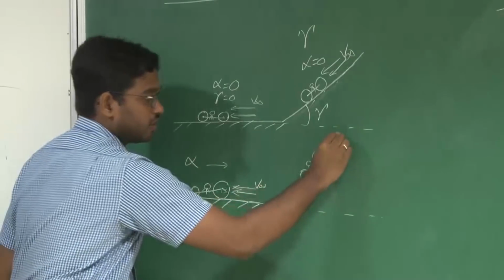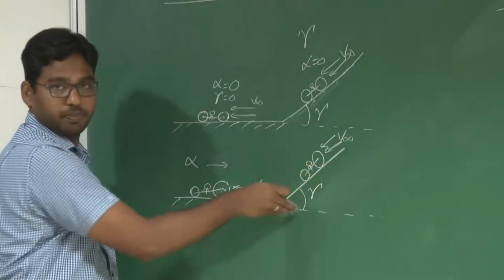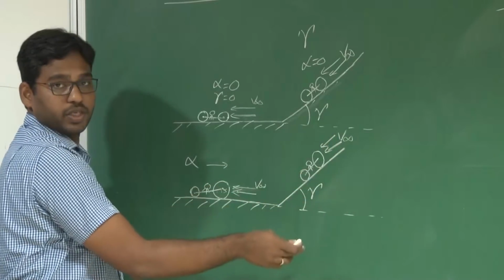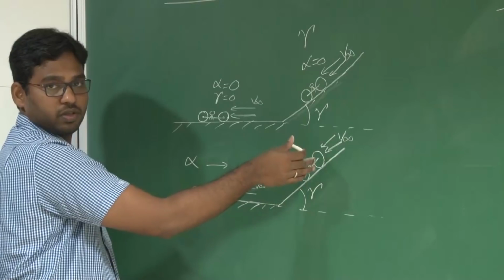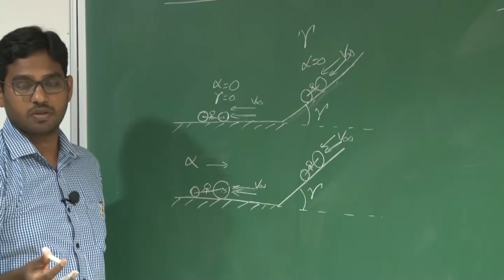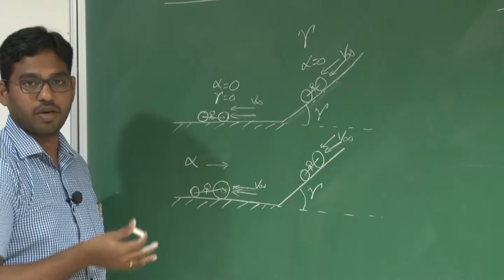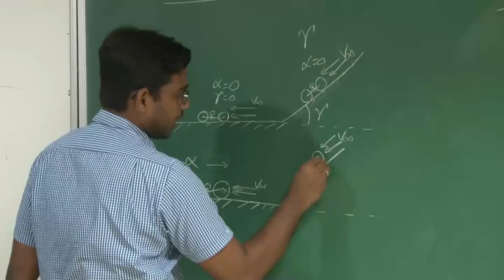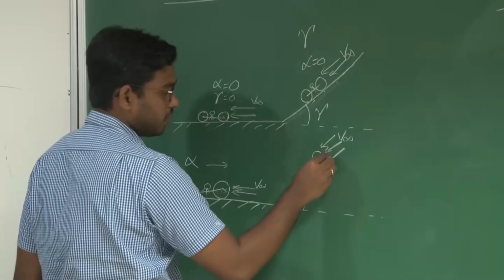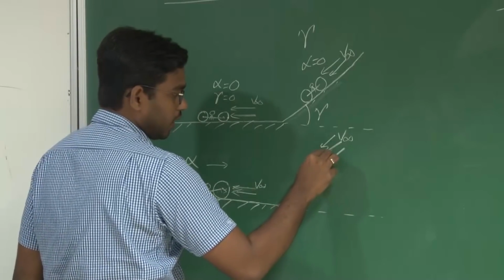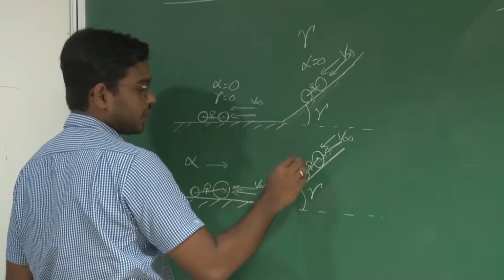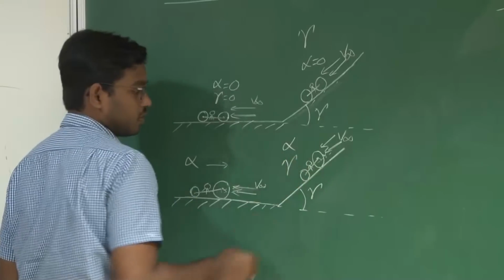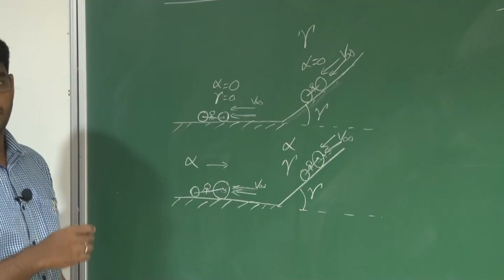That means my free stream V infinity gives the direction of my path. If I know the angle measured with respect to this free stream, that angle is equal to the angle at which my vehicle is actually moving. So in this case, since I have a bigger front wheel and smaller rear wheel, I will see a certain angle of attack, as well as I am moving on an inclined path which is gamma.